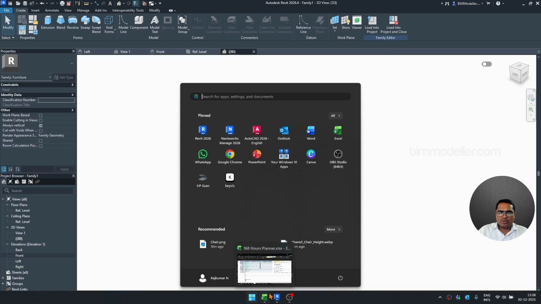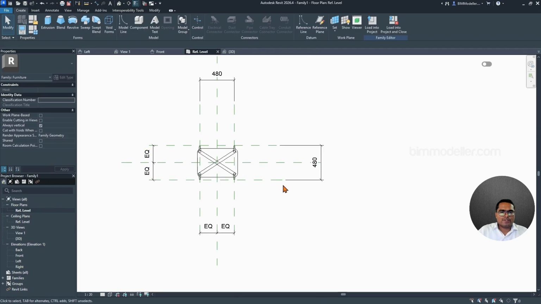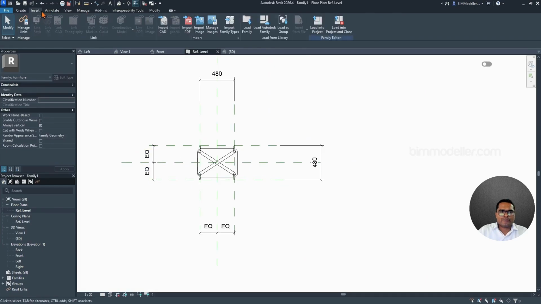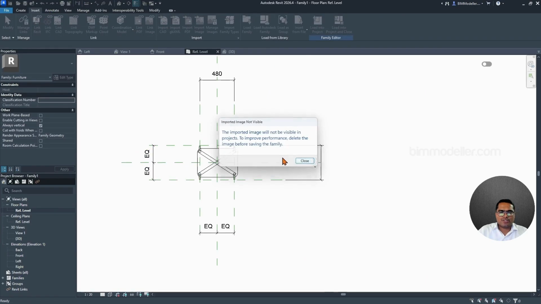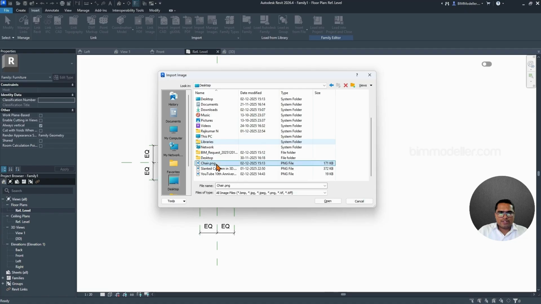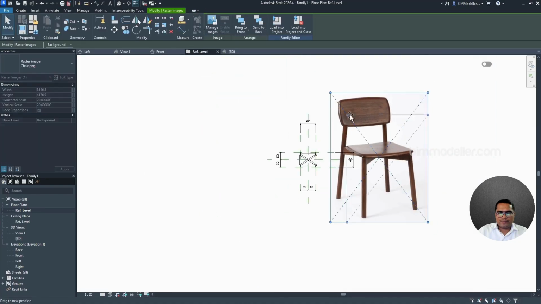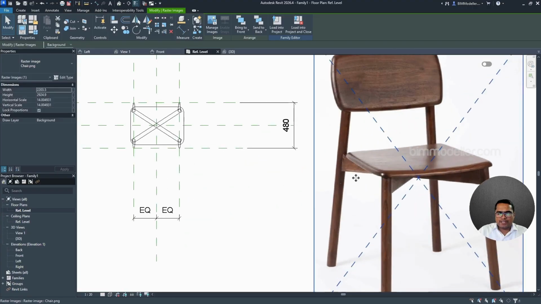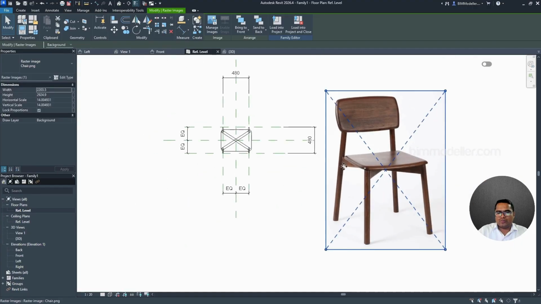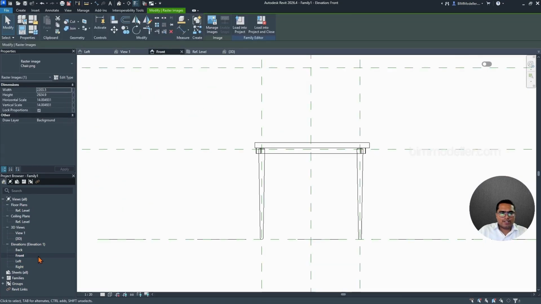So we'll be able to insert the image in the plan also if it is for reference. Insert image, delete the image once it is done. That's what it says, chair. We can see that the back detailing is not part of this back. We can extend that to the top. That's how it looks. We can go back to the left side,